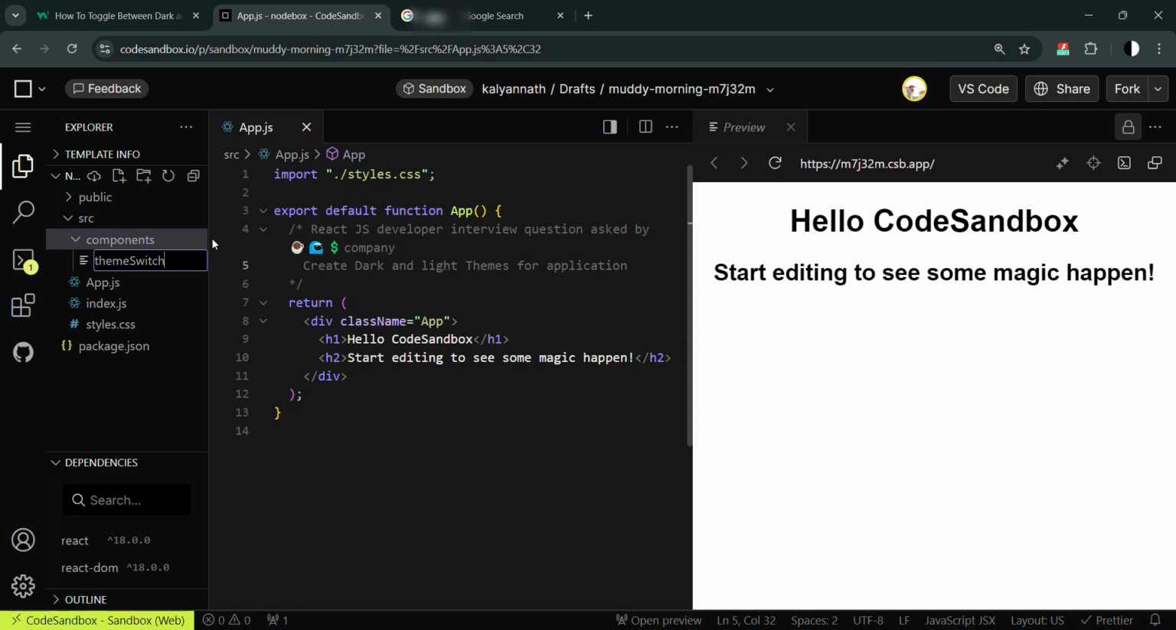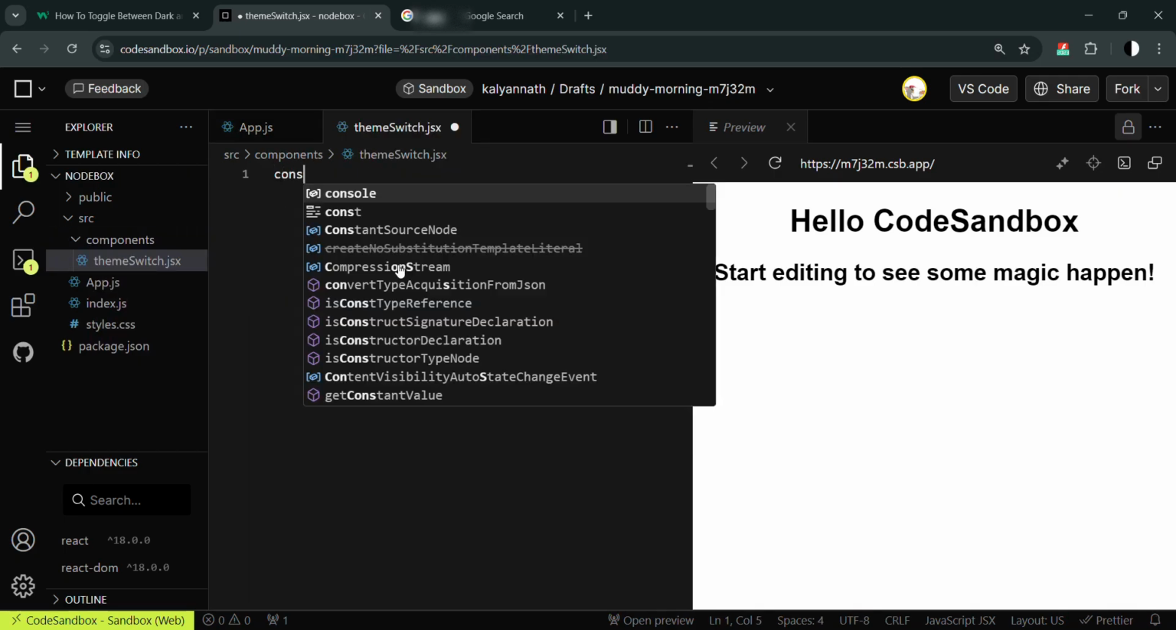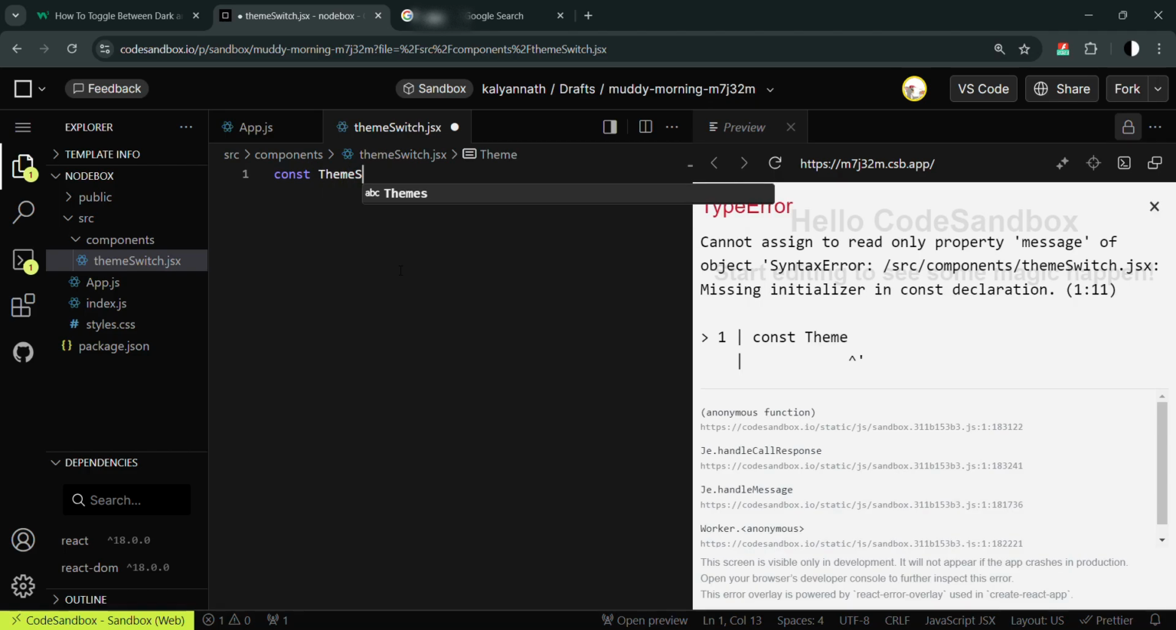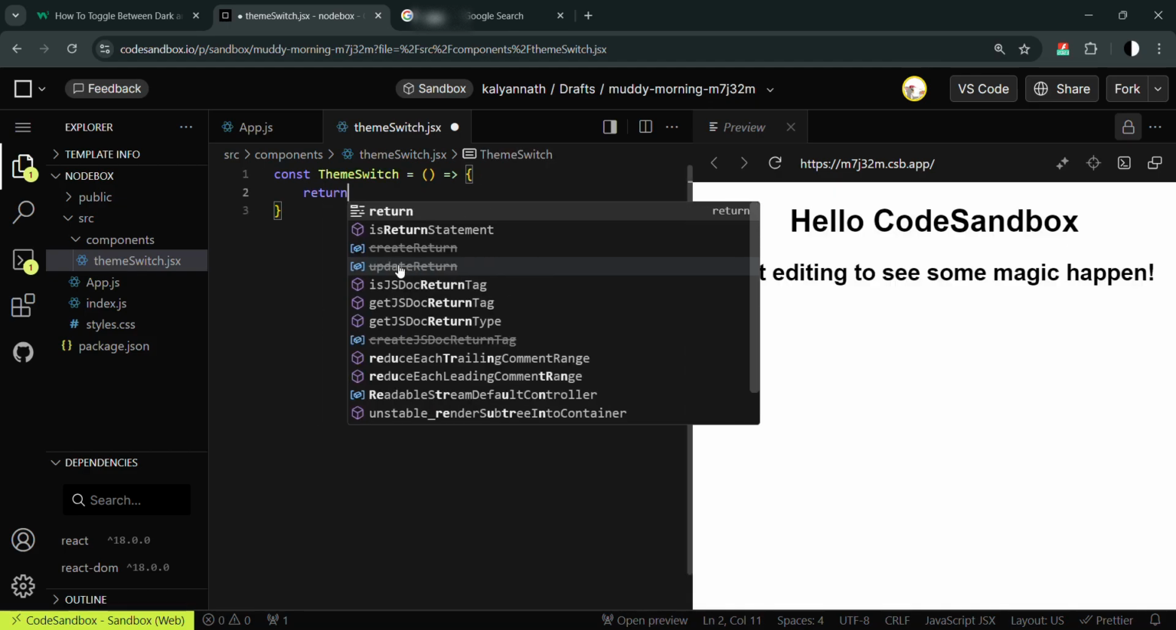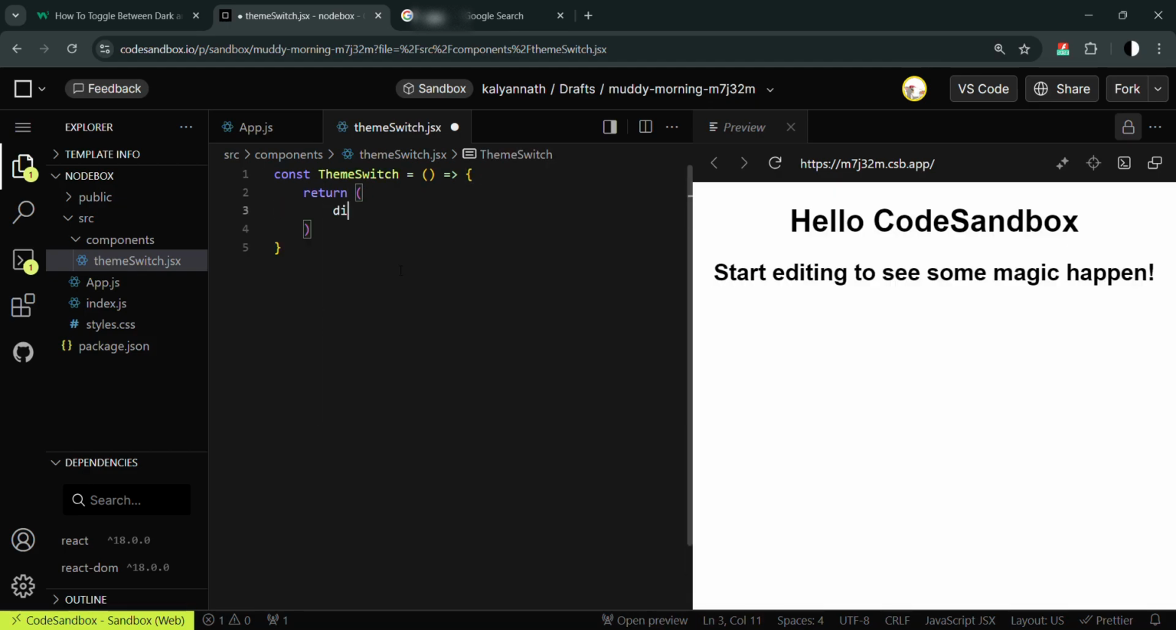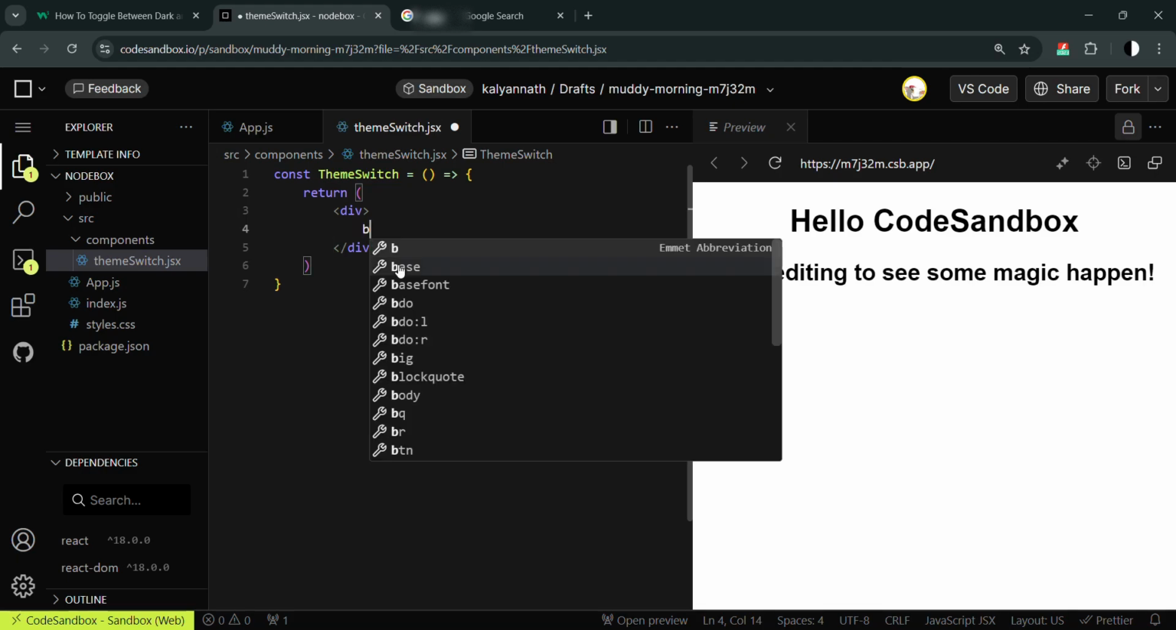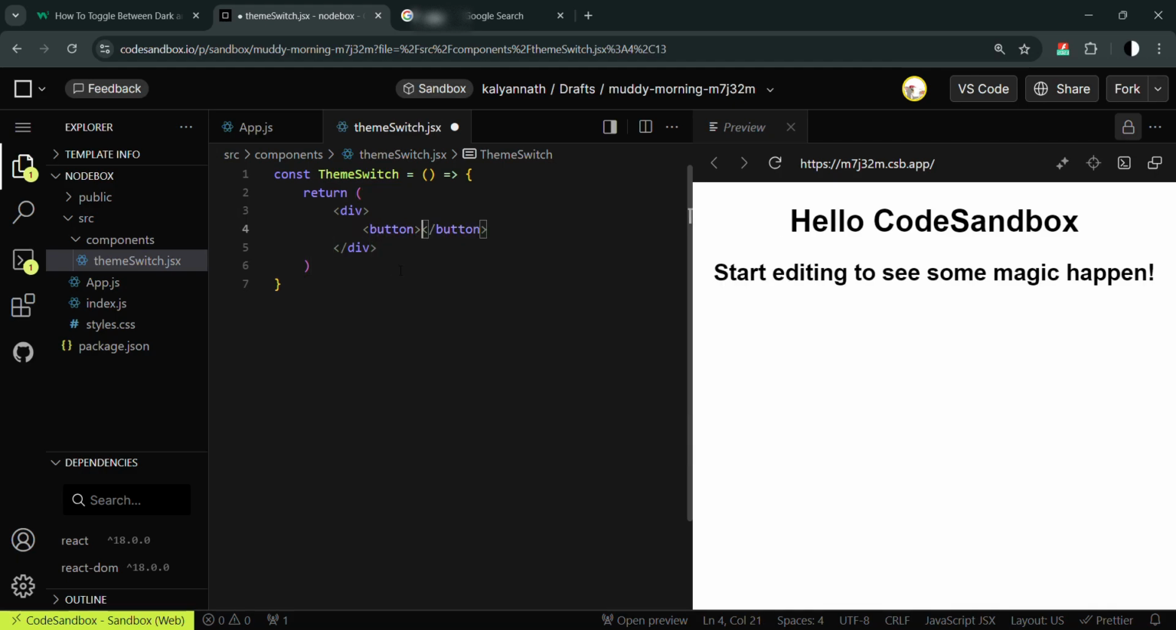switch.jsx. const ThemeSwitch. I'll take a div, and inside that div I'll take two buttons. One is for light, another one for dark. I'll create one function called handleSwitch,